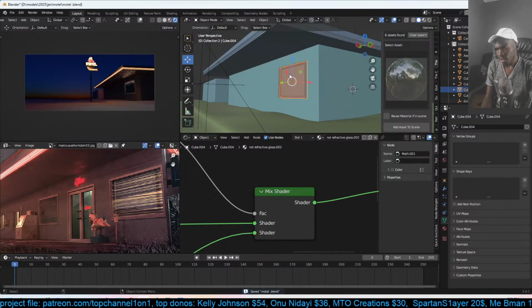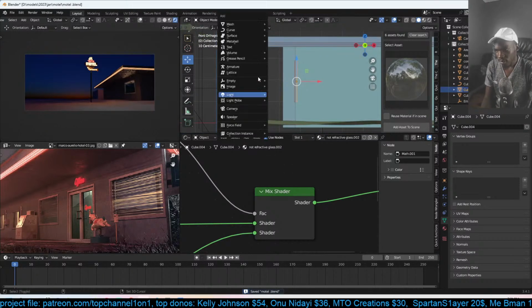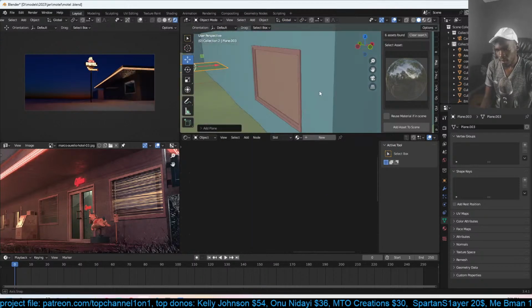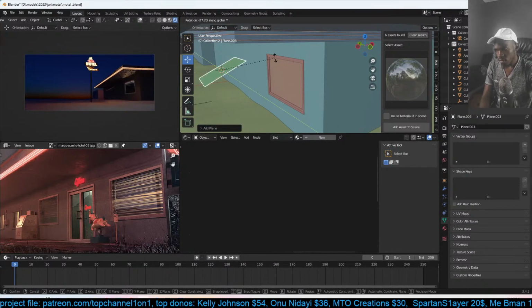Let me check. Oh, let's add some blinds here. The blinds are just going to be as simple as